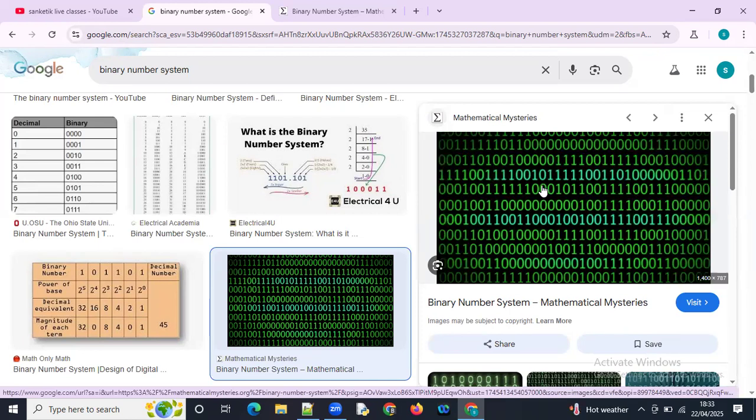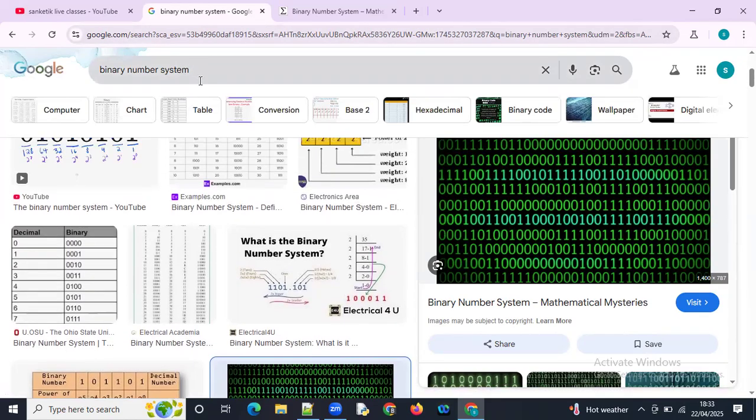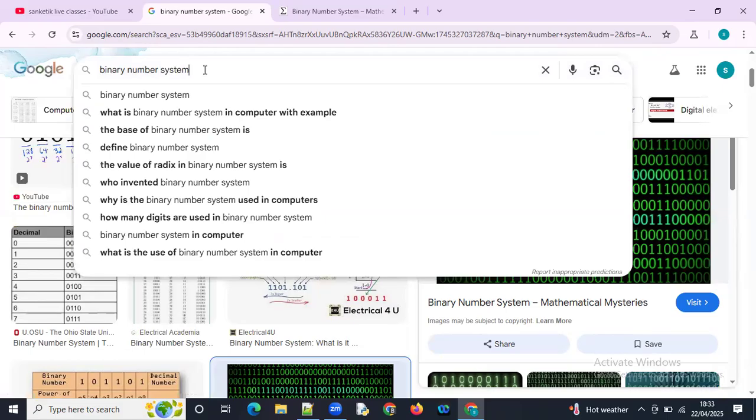That's why it converts the numbers into text like ABCD. For example, if I type binary number system in the search bar, the system converts this text into some numbers, then does its operation.